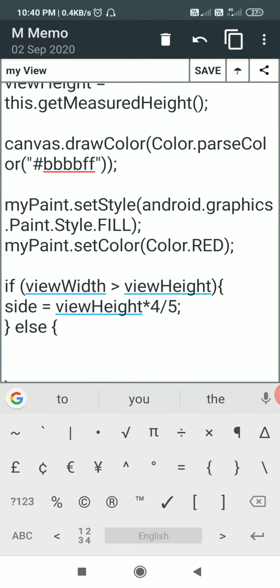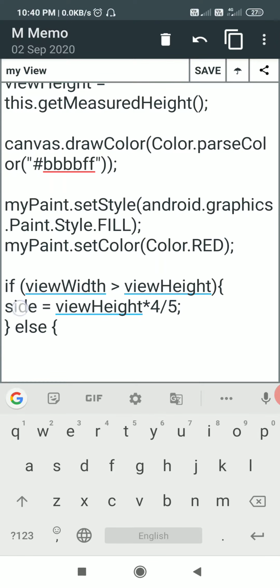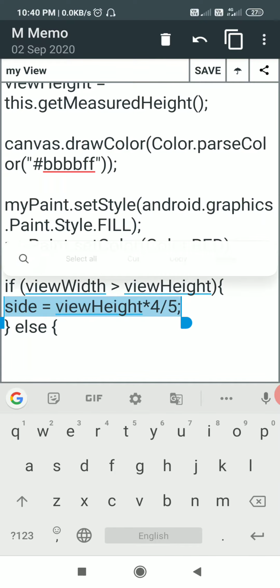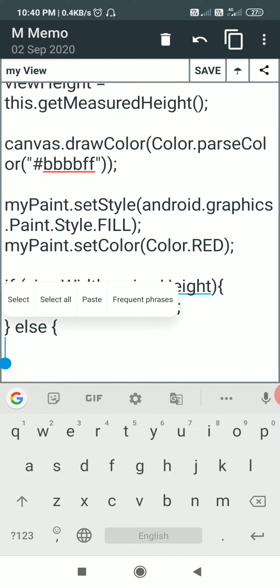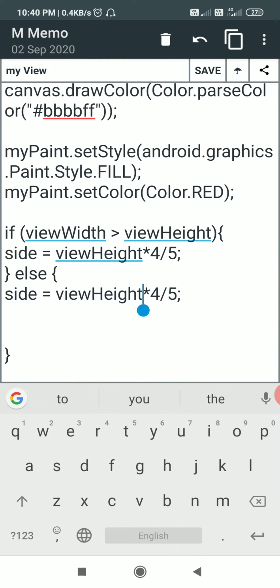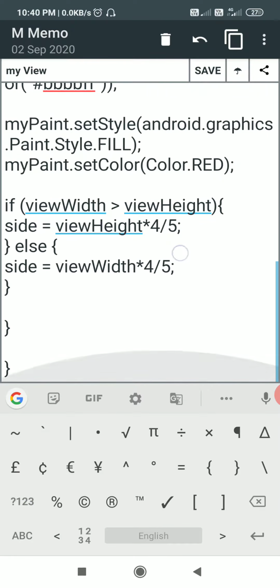So else means if view width is not more than view height, meaning view height is more than view width, then I will set side, this time, to viewWidth into 4 by 5, and then the closing curly bracket.